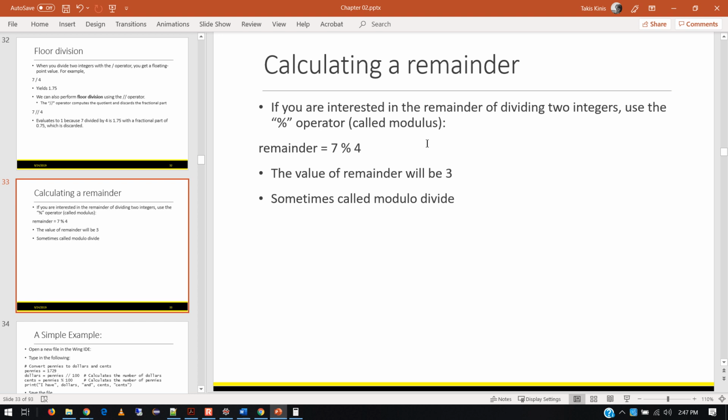So if I do 7 mod 4, 4 goes in there once, I've got 3 left over. It's looking for the remainder. That's why we call it remainder division or modulus. All right? They give an example here. I'm not really too worried about that, but